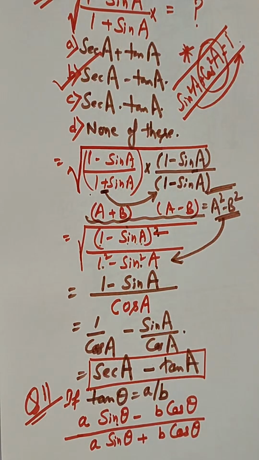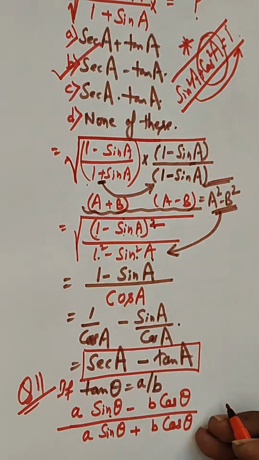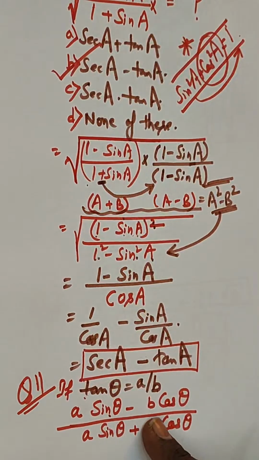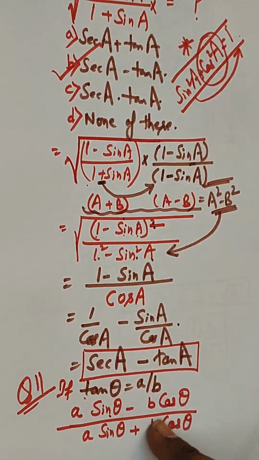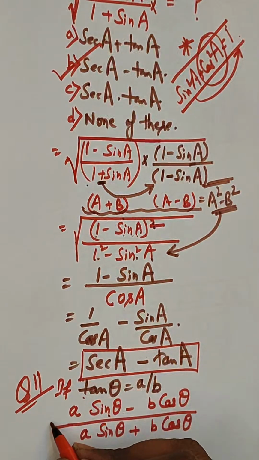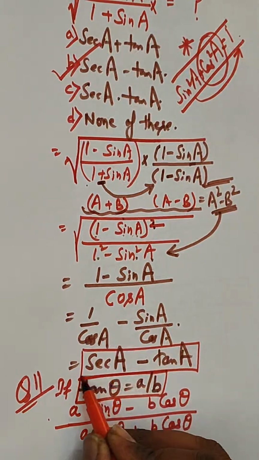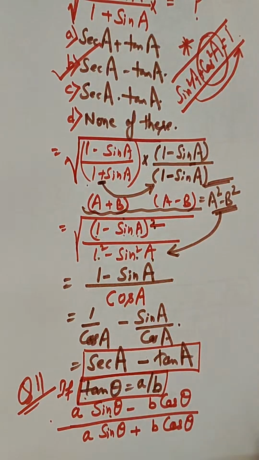But my dear friends, what I want to recall for you is that this is an easy question, but sometimes more complex identities or relations with sec theta or cosec theta are given that we need to prove, right? And if the given value is tan theta equal to a by b, then before solving such questions,